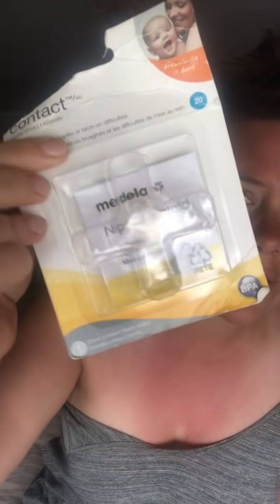and then the last option is a nipple shield. It's kind of bright, you can't really see that. So this is a nipple shield. Actually, we'll do a whole other video on nipple shields because I feel like it deserves its entire own video, because sometimes nipple shields are awesome, and then other times